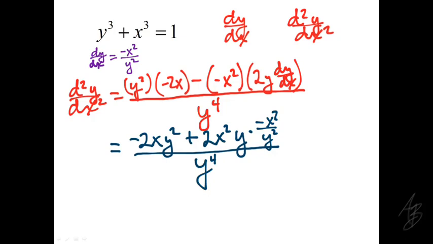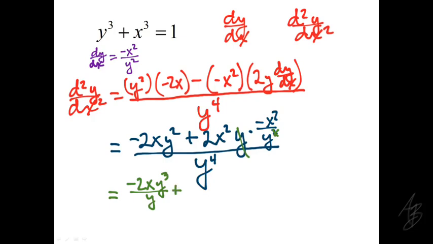So two things that I see we can do here. First of all, this y and one of these y's will cancel with each other. So we can get rid of that, and this will just become y in the denominator. And then getting a common denominator in the numerator, we can multiply this by y over y, and we would end up with y to the fifth in the denominator. And let me take that one step at a time here. So we would get negative 2x y to the third power over y